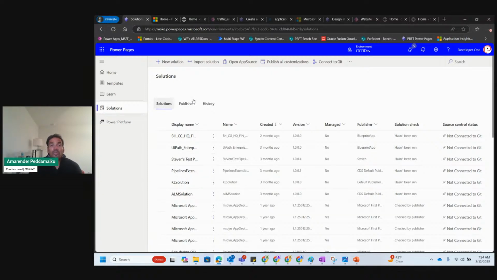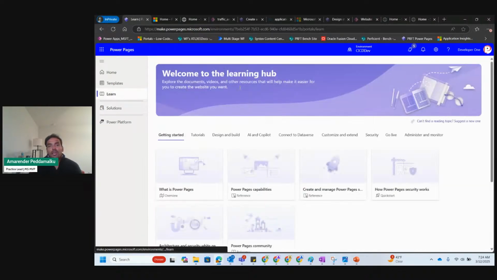And one word of caution, everything that you're building in Power Pages is live, and end users can see the website changes live. And that's why I recommend at least 2 environments, if not 3, and then have a dev environment where you make all the changes, and then you deploy that website to the production environment.